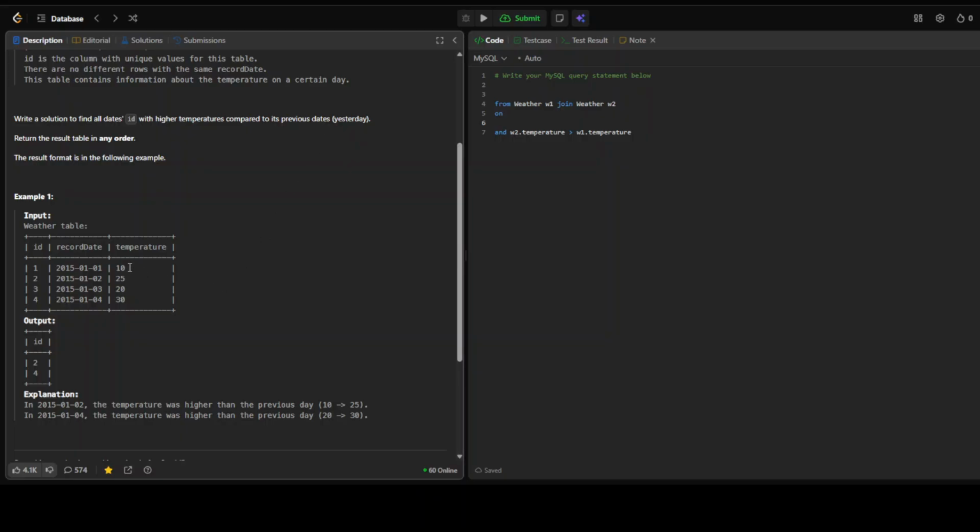For example, if we see an example here, 2015 1 the temperature was 10. 2015 2 the temperature was 25. So since it's higher than previous day, we'll pick 2. But we need to pick the ID. Okay, got it. We need to pick the ID. So we'll pick W2's ID. Then we'll reduce our space. Got it? And then 20 is there on third, which we don't have to pick, but then fourth has 30